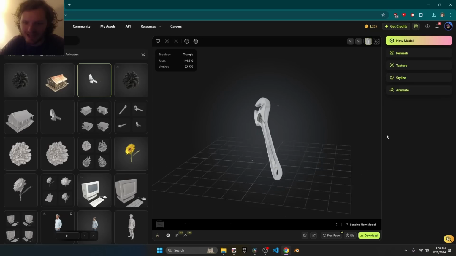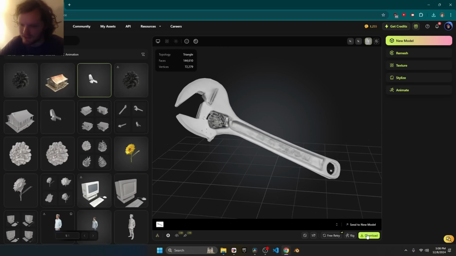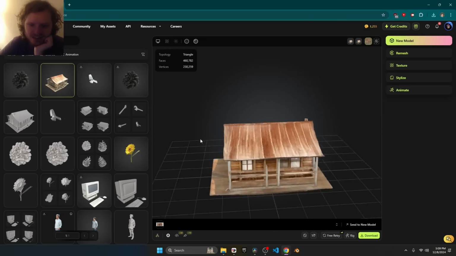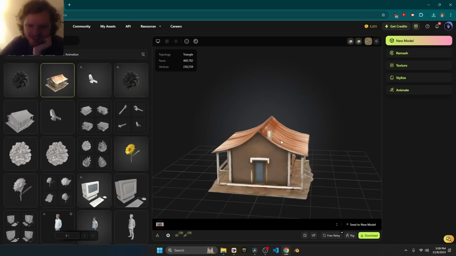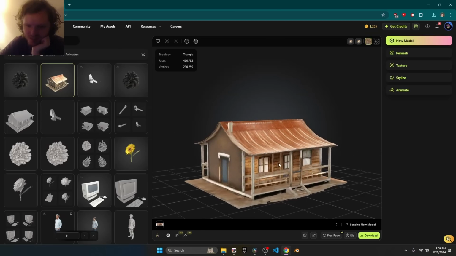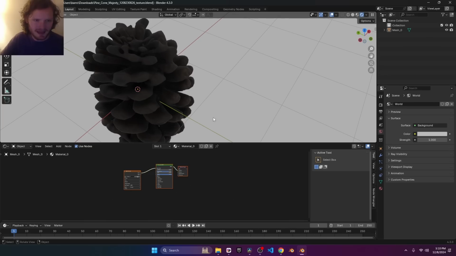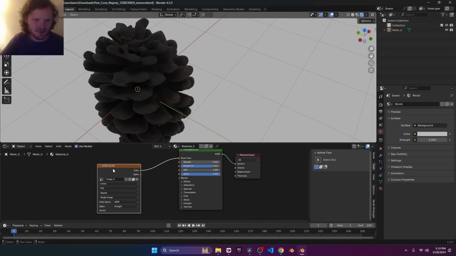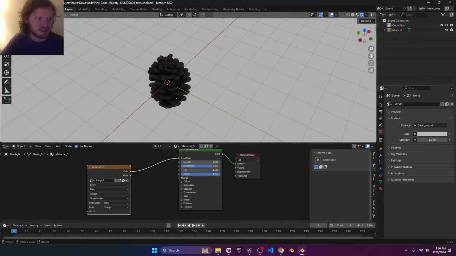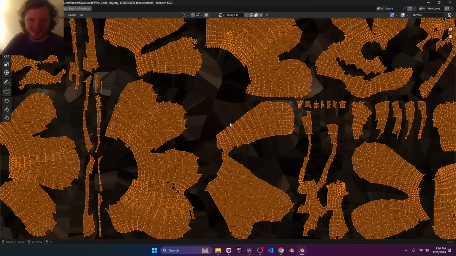So the wrench actually used the image, even though it didn't seem to preserve any of the text. Well, let's download it. And then finally for the house, I feel like this is where the texture worked the best, except it put a door on the side, even though I do think there was a door defined in the image. Download the boy. And assuming you downloaded the blends directly, you're going to get this with the textures packed inside. And yeah, by default, it just makes a super low resolution base color. I'm sure that can be upscaled. As for the UV space, it has an unwrap that looks like this. Leaves something to be desired.